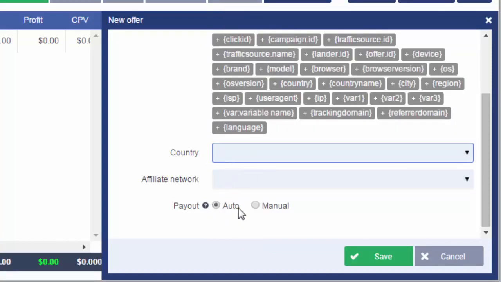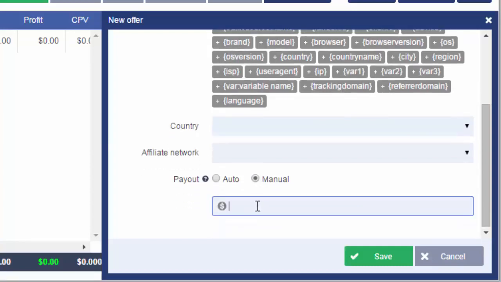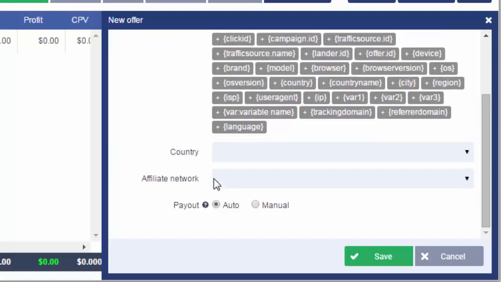Here we have the payout. So the payout, we have automatic. That means the offer will send the payout directly and automatically to the tracking tool Volume, or you can choose manually and put the payout of this offer. So for example, if this offer pays $8, you put $8. Another offer has 10, you put 10. But here we have auto, and I always prefer to use auto to make it easy. So they automatically will send the payouts to the tracking tool. So save the first offer,